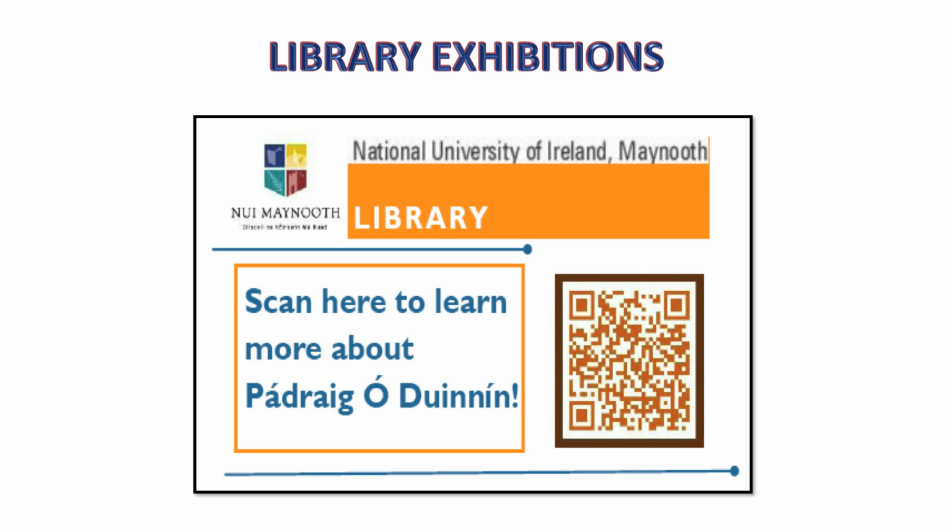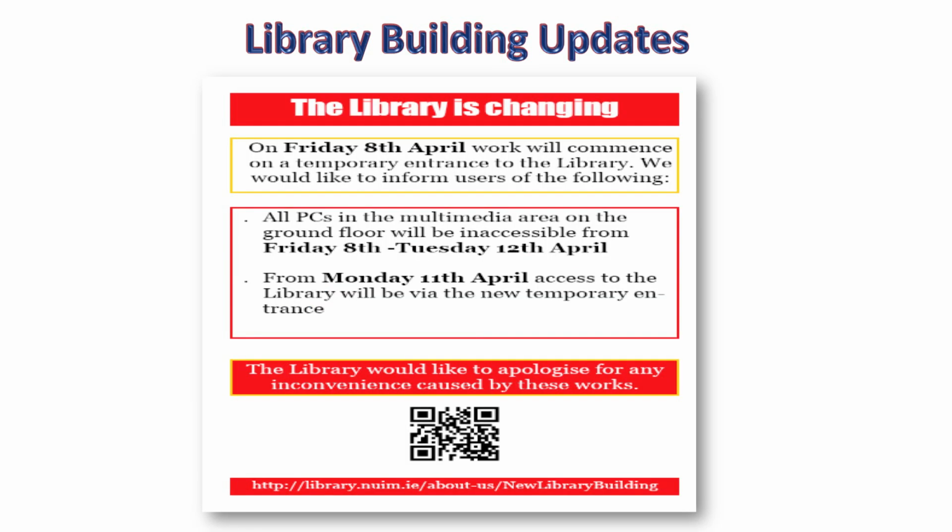Many a times, knowingly or unknowingly, in some emergency the library building is under repair. So, it is very difficult to inform all the users that library repairing is taking place, library building updates. It is a very simple way, you can scan this one and you will find library updates very easily. So, for this purpose the library has to create a QR code for library building updates.